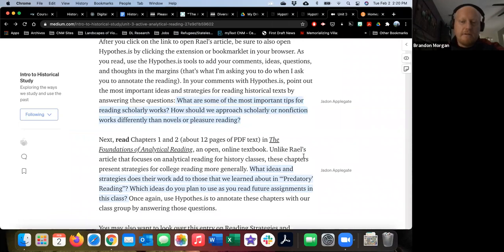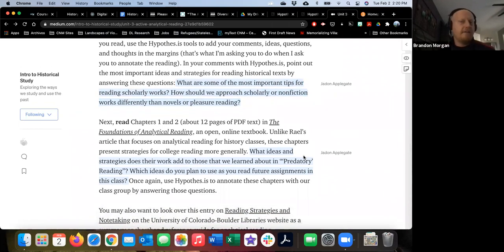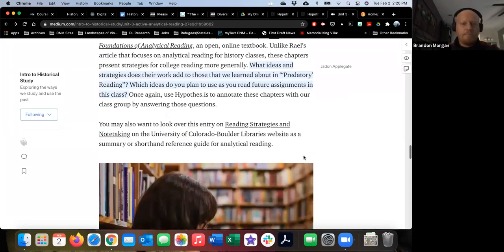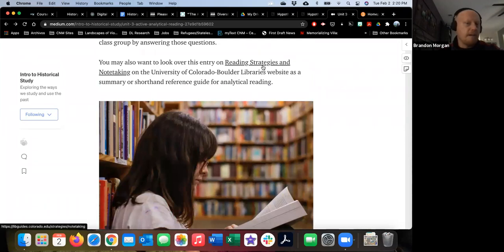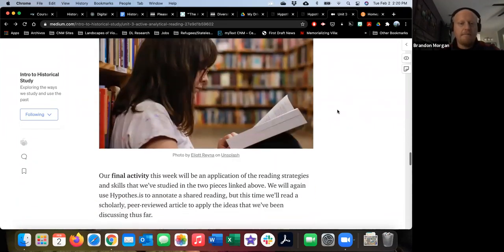Those first two readings are about reading critically. Those are texts that have ideas and pointers for thinking about how to read an academic history text from a critical angle. I have some other resources about reading strategies there that may be helpful as an FYI.